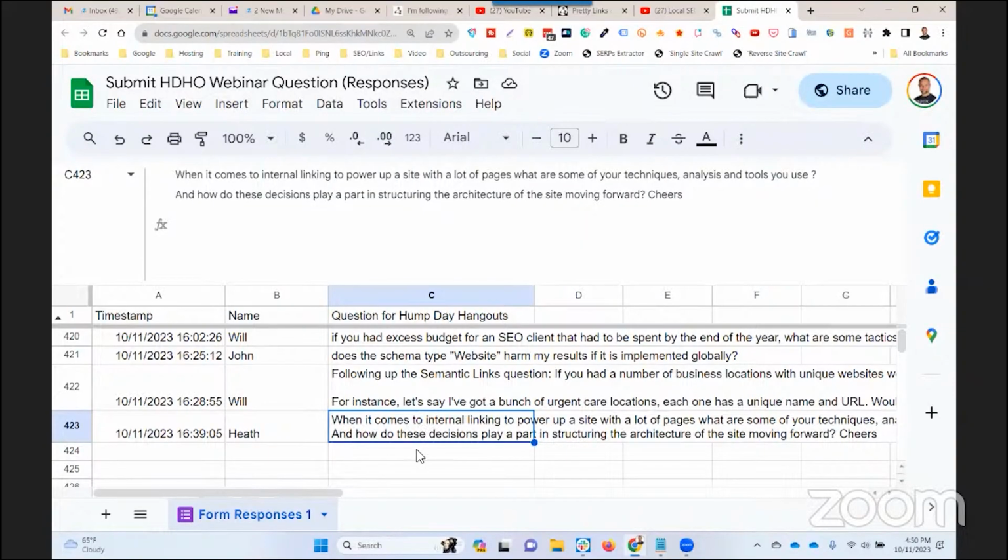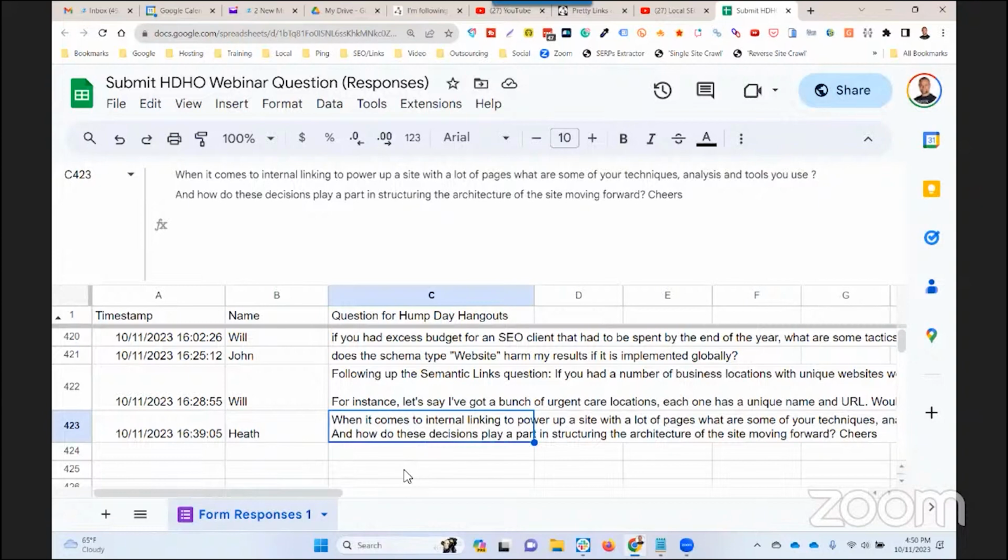Heath says, when it comes to internal linking to power up a site with lots of pages, what are some of your techniques, analysis, and tools you use? And how to use those decisions to play a part in structuring the architecture of the site moving forward. Cheers. Well, now Heath, I do all of my site structuring for what's called the top-down linking, internal linking approach,